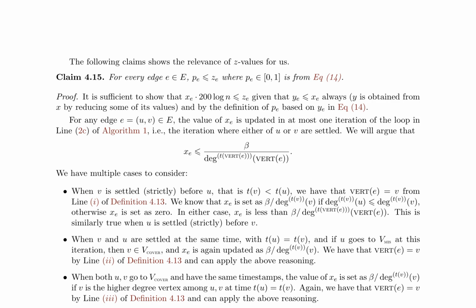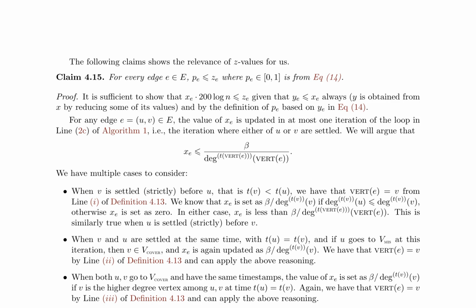They start by utilizing the timestamps of all vertices to find the degrees of all vertices at the time they are settled, as stated in observation 4.12. This observation allows them to assume they have the remaining degree of every vertex v at the time it is settled, fixing the value x will assign to the edges of v. However, they still lack sufficient information to perform the check in line 2c of algorithm 1 to know which incident edges of v receive a non-zero fractional matching.